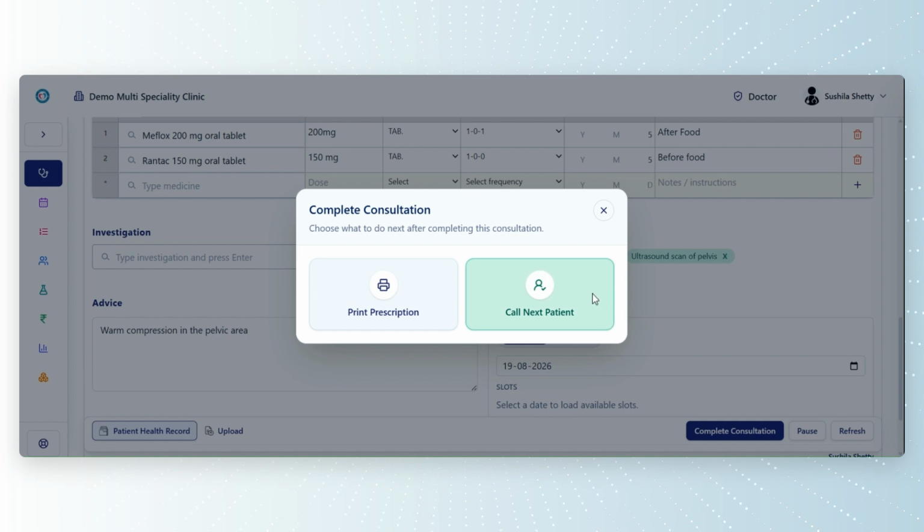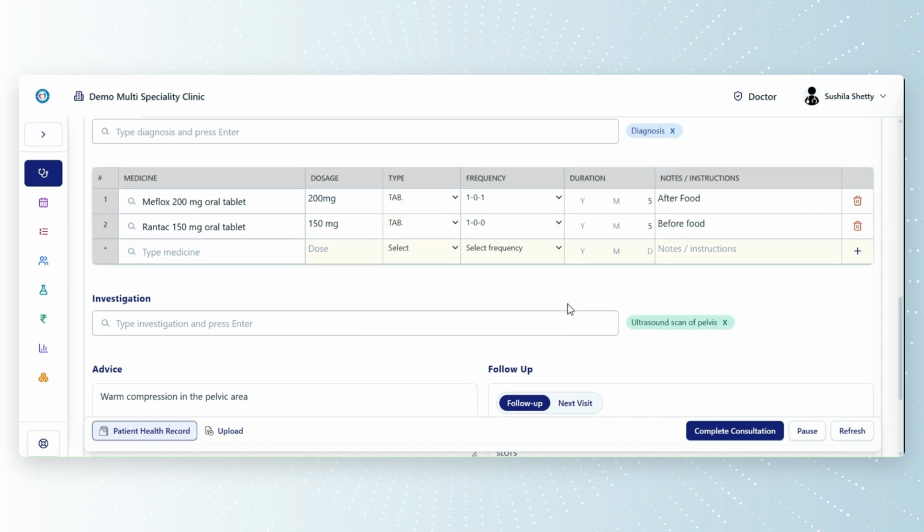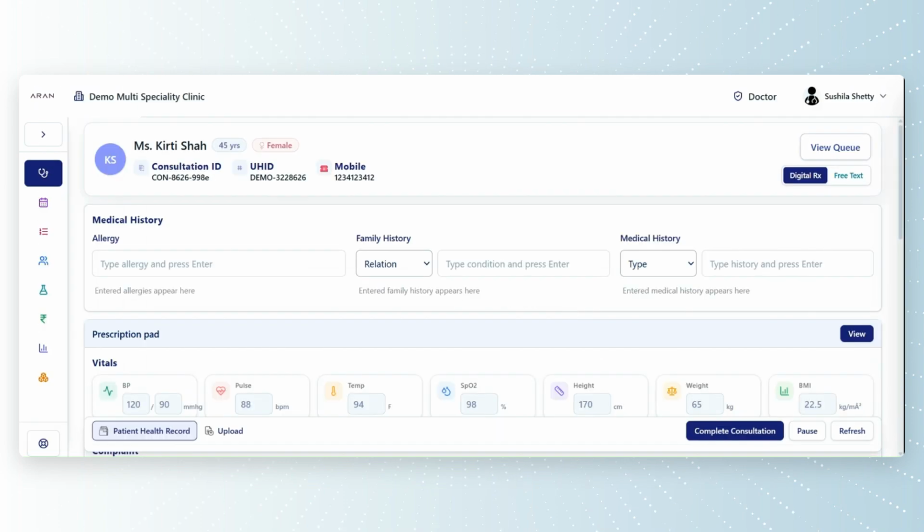Once the prescription is given to the patient, they will also, of course, get the prescription as a WhatsApp attachment. The doctor can actually call the next patient and complete the consultation. So the next patient from the queue has appeared, Ms. Kirti Shah. Here, before I finish this demo, I just want to quickly show that some doctors are not very